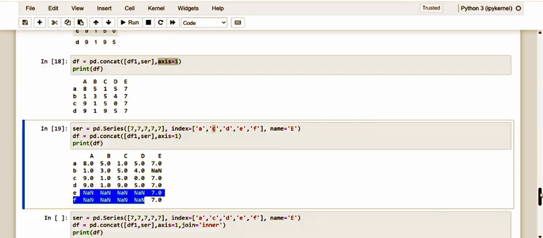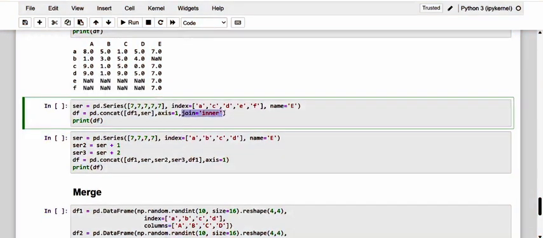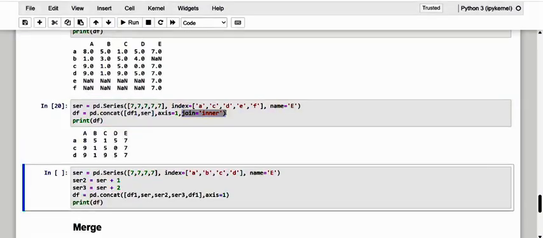Kindly have a note of it. Let me make this an join here, and we are just going to make it an inner option. And when we do that, how is it going to happen? See here, dear friends, this is how it looks, showing only what we have in common.